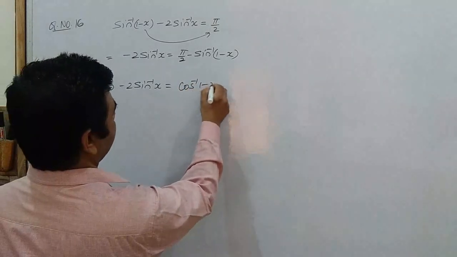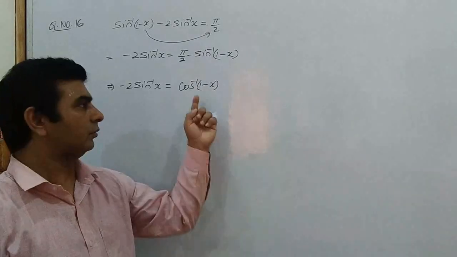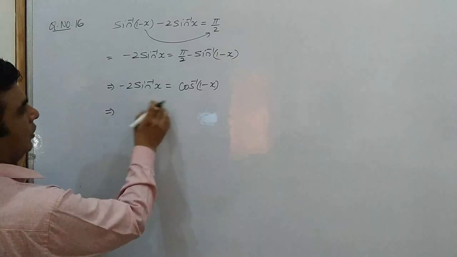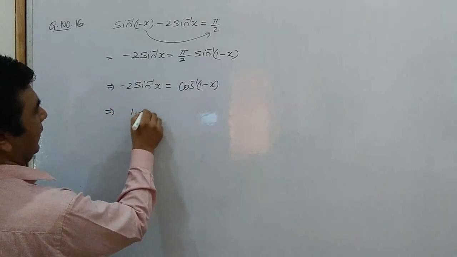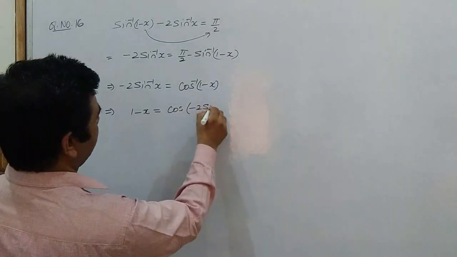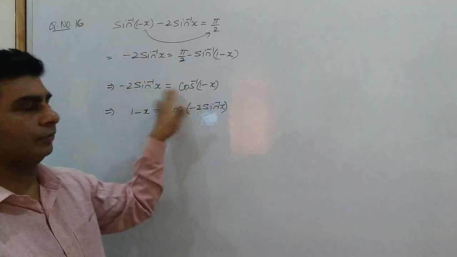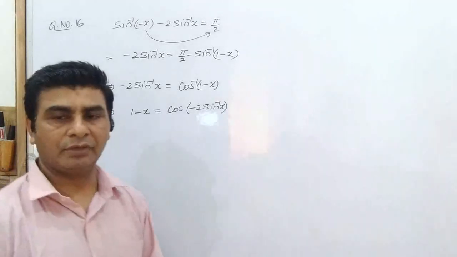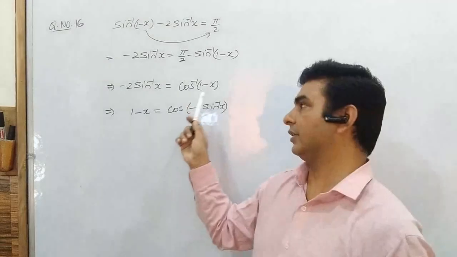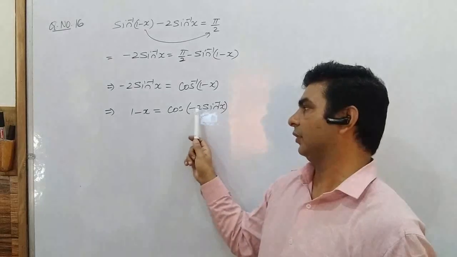So in any of the case, pi by 2 minus sin inverse x can be replaced by cos inverse x. But here, in place of x, this is your 1 minus x. So now, this can be written as 1 minus x is equal to cos of minus 2 sin inverse x. What I have done? मैंने क्या किया है? दोनों तरफ कोसाइन फंक्शन ले लिया है. कोसाइन फंक्शन लेने से क्या होगा कि राइट हैंड साइड में कोस इनवर्स है, दैट विल बी कैंसिल आउट एंड सिंपली 1 माइनस एक्स विल बी देयर, और इधर आपका कोसाइन फंक्शन यूज हो जाएगा कोस ऑफ माइनस 2 साइन इनवर्स एक्स.